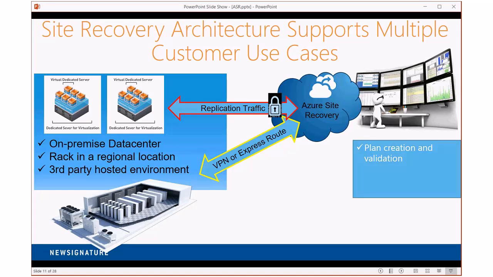Right? One of the other things too with this is that you can even test those things. You can perform test failovers. You can do this on a quarterly or biannual basis where you actually test and validate that failover works. You can test it into a sandbox environment if you'd like, or you can test the failover into a live production cloud environment.